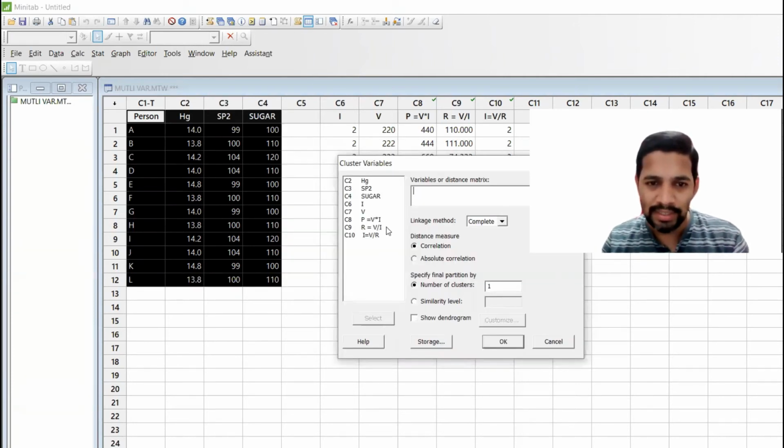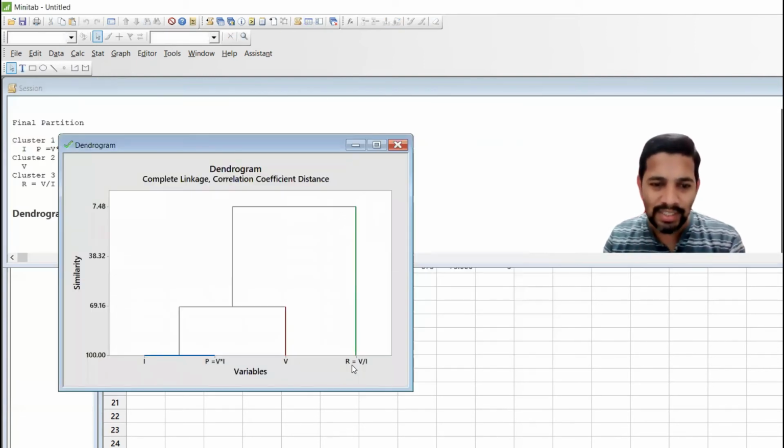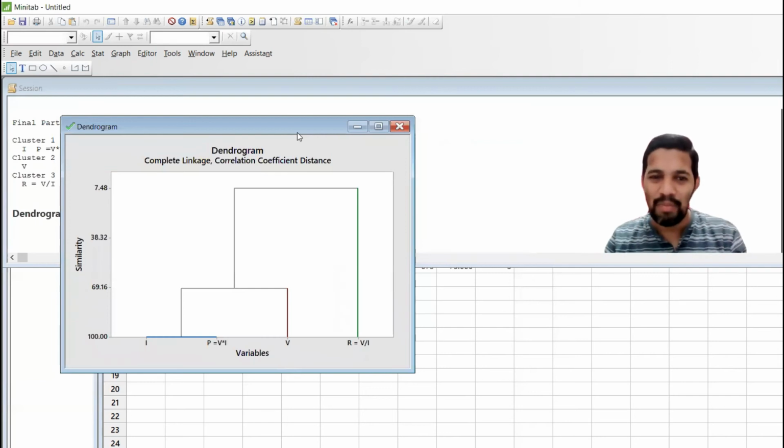So I think it has the same value. So I, V, P, R. And I have copied all these. So maybe I can look for 3 things and show the dendrogram. You can give, okay. And what it says is R is V by I, right? V by I, automatically it has given. So if you look at P, power, that is V into I, right? It has automatically given. So that is what all these things it has given by group, right?